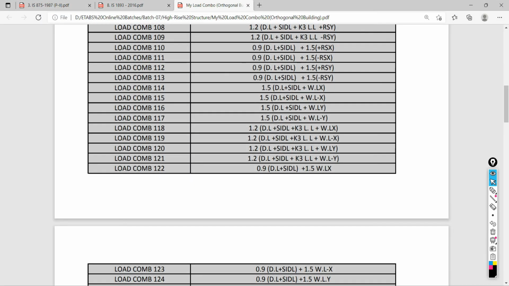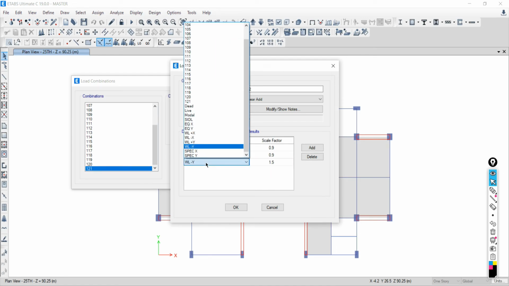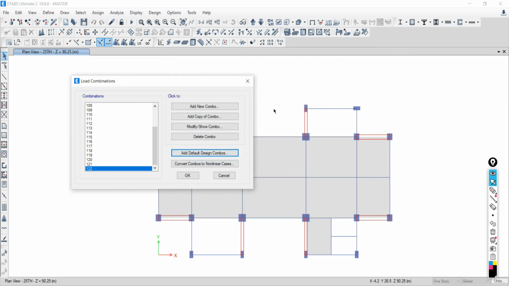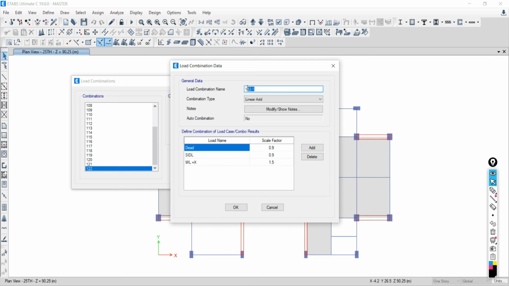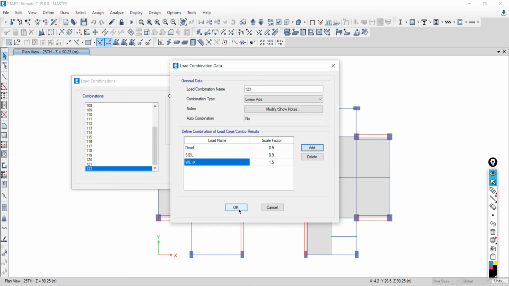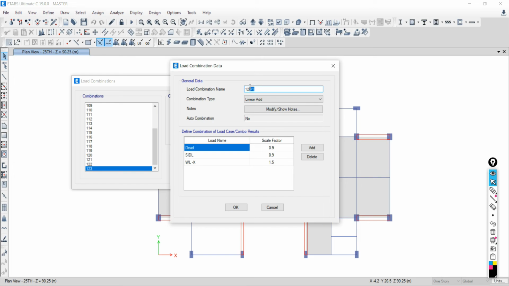Now next, wind load 1.5. So it will be 1.5 and wind load in positive x direction. Say simply OK. Add copy of combo. It will be 123, and it is negative x. Say simply OK. Add copy of combo 124, positive y.